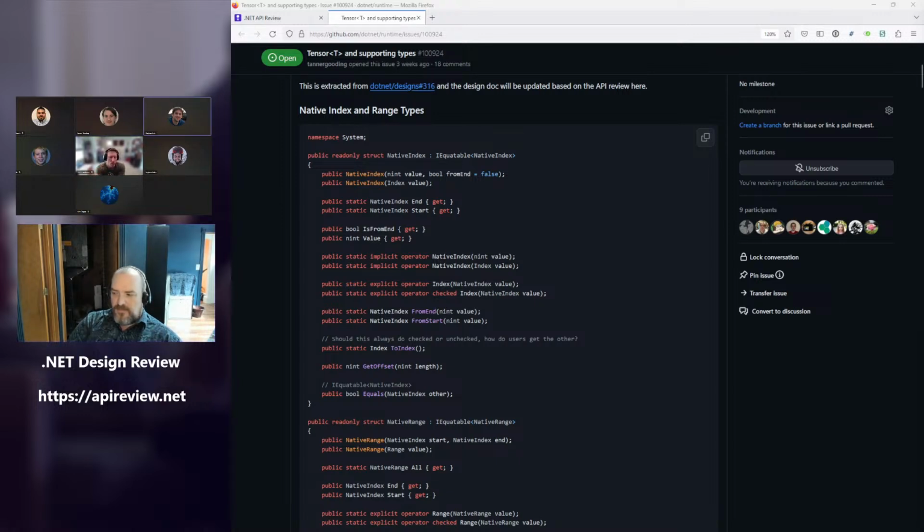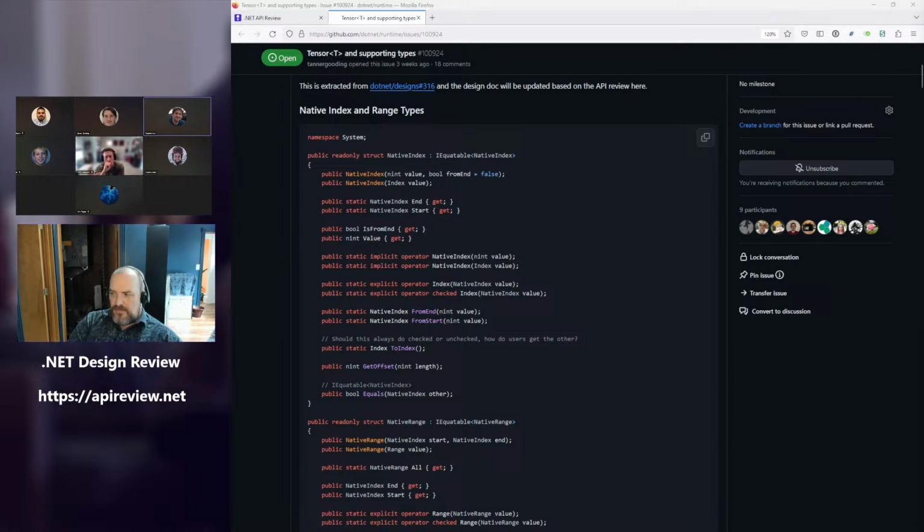So I'll start by saying I think the concept is fine. I'm not in love with the name of the type or the types. Native, my initial reaction isn't, oh, this is enint. My initial thing is, oh, this has something to do with interop or non-managed code.